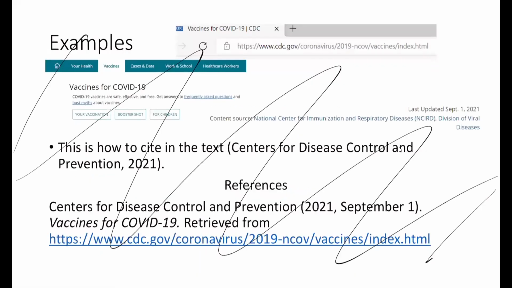Okay, so if it was something from this class, what you do is say Nava L, and you can say 2022. Now we're in say chapter 2 lecture. If it's in one of the specific topics, you can list which topic.